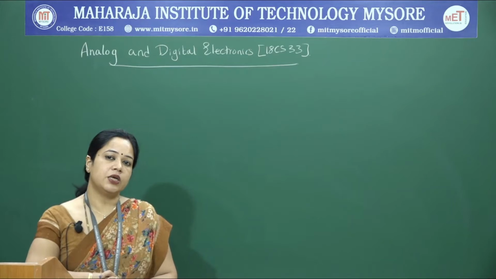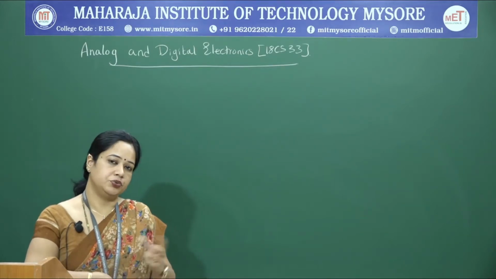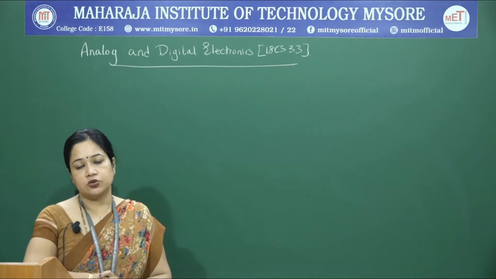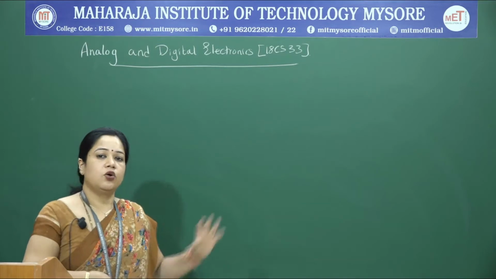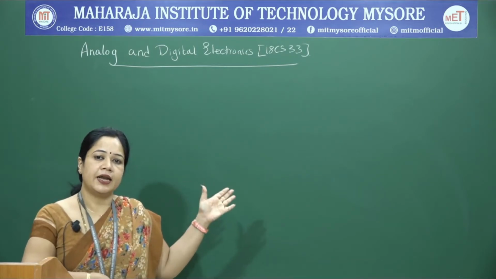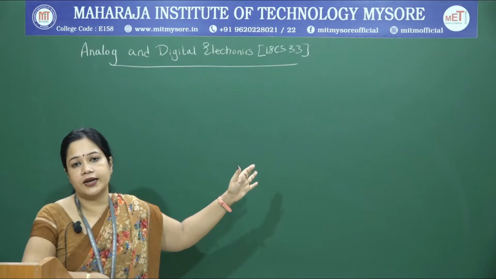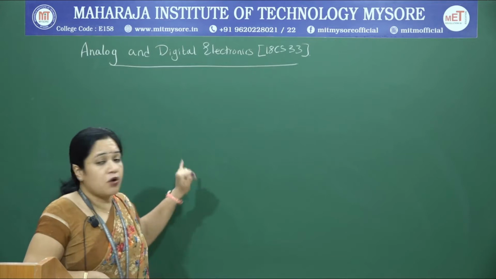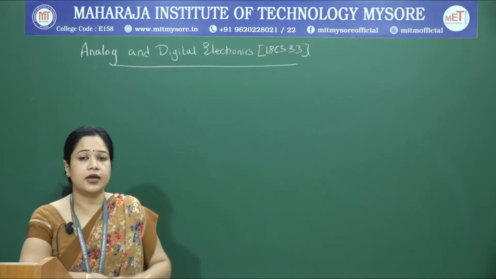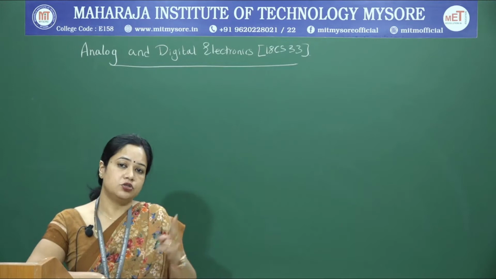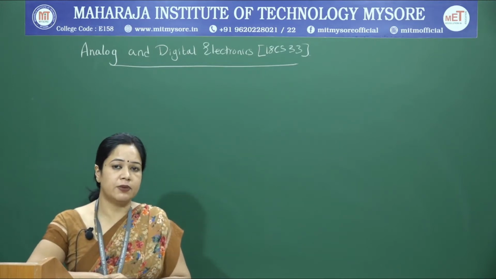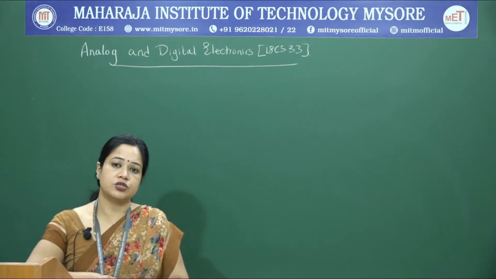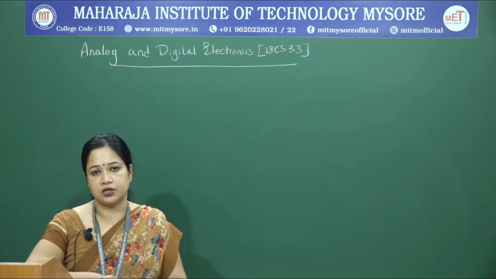In the last class, we discussed how to bias your transistor using a very simple biasing circuit, the fixed biasing circuit. We did the analysis, we discussed what load line analysis is, and we also worked out a few problems. We will take up one more problem on the base biasing circuit, and we will continue with two more biasing circuits, the collector to base bias circuit and the voltage divider bias circuit, and give an introduction to various op-amp application circuits towards the end.